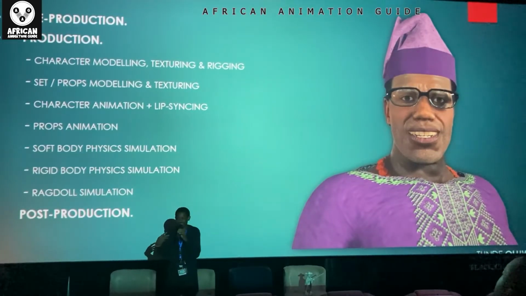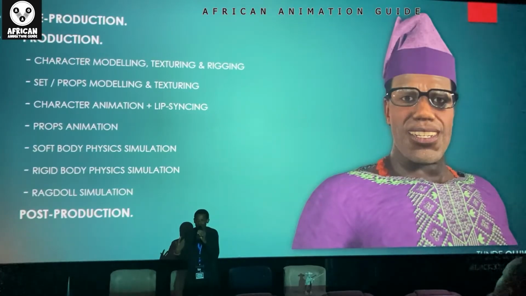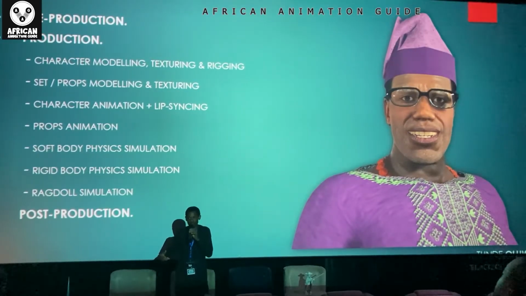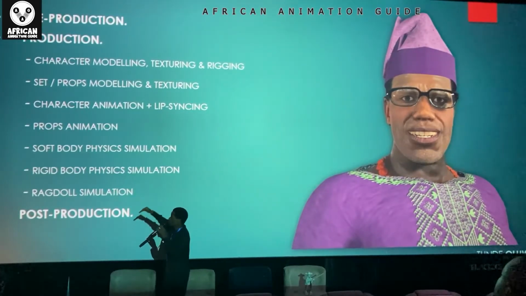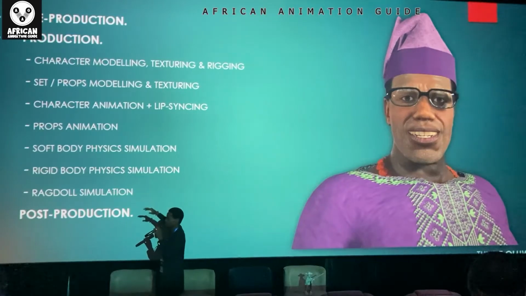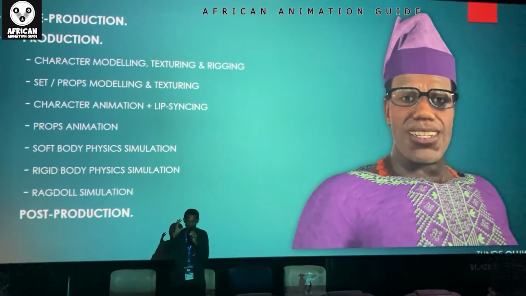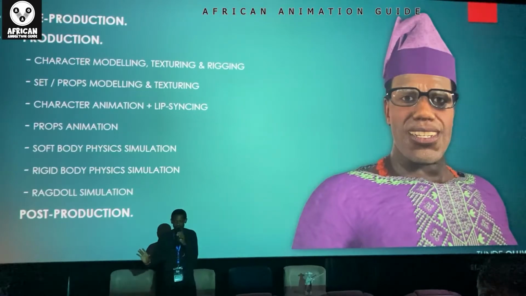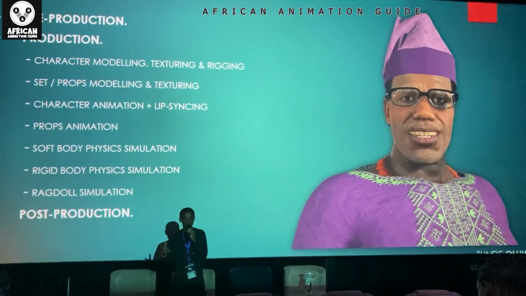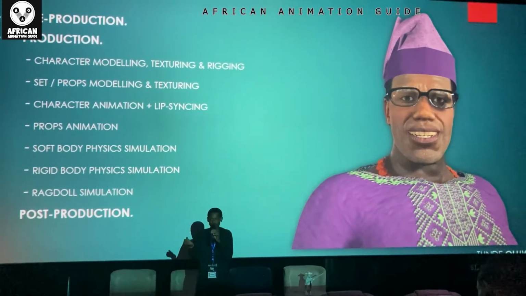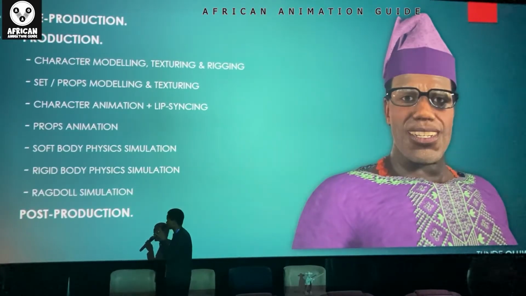Then the ragdoll simulation is what is the impact on the character in the car itself. There's going to be some kind of body movement, so we allow the computer's AI to generate that, because if you want to do that manually, it might take you a whole lot of time to achieve. All the simulations are done with the computer's AI system. Now, the disadvantage of simulation is sometimes it doesn't come out the way you want. So you just need to keep trying until you get something close to what you have in the script and according to the story.